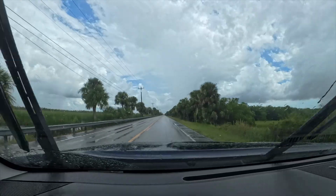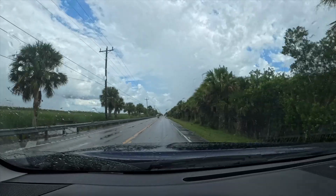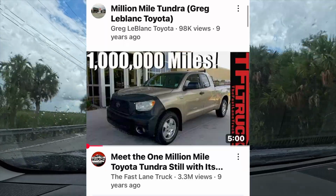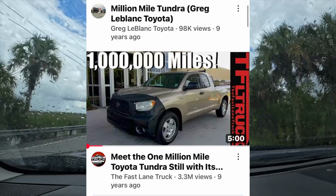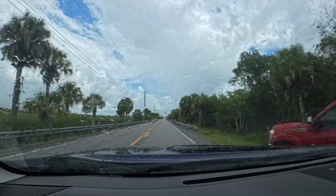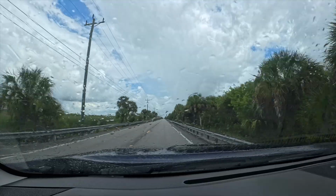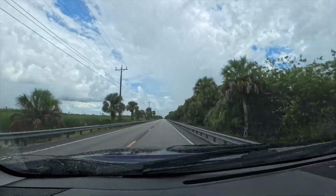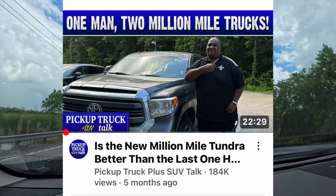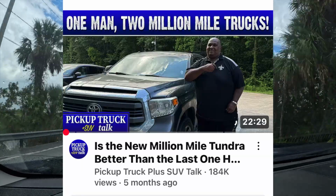He has had 2 Toyota Tundra vehicles with over 1 million miles. The first one he had was a 2007. Back then it was a 4.7 liter V8. He put over 1 million miles on it. The dealership was so impressed, and I believe they got together with Toyota and they presented him with a brand new